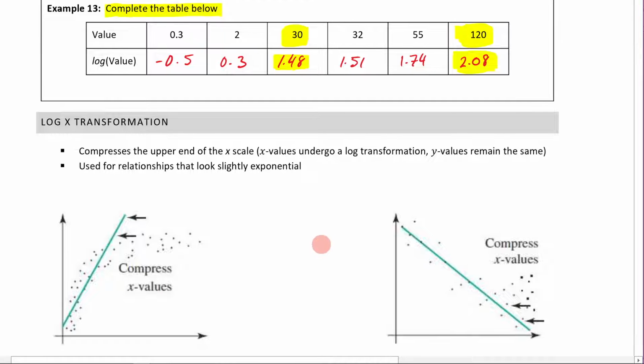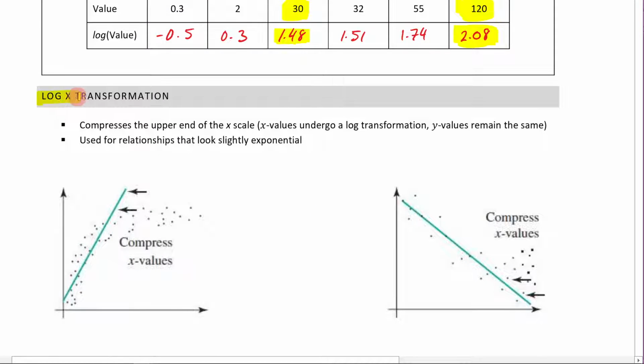Okay, let's now see this in a graph form. So here we've got a log x transformation. So we're compressing our x values here. So it compresses the upper end of the x values. So this is the important thing. It's compressing the upper end, the bigger values of the x scale here. So x values undergo a log transformation, the y values remain the same, and it's used for relationships that look